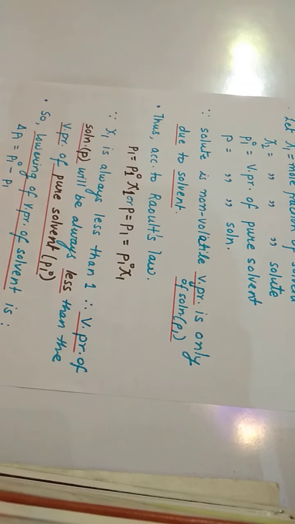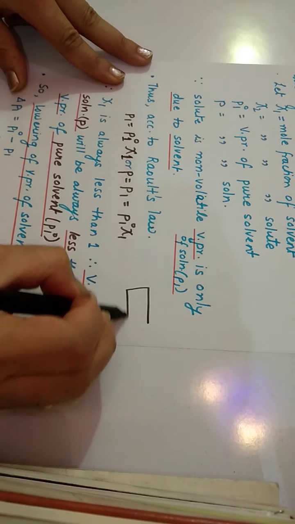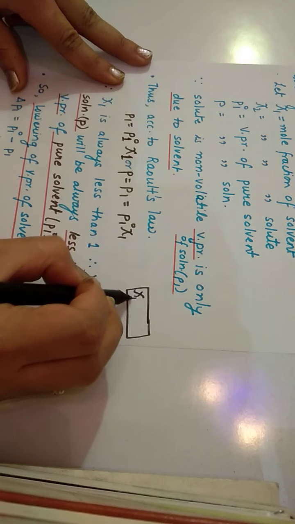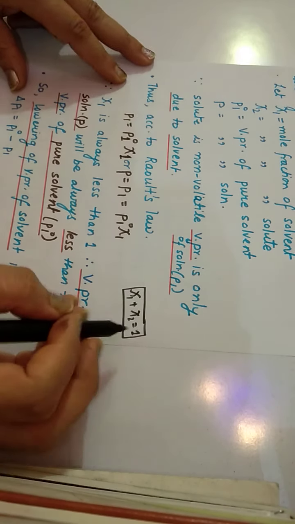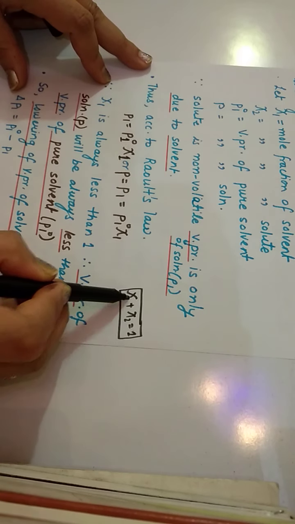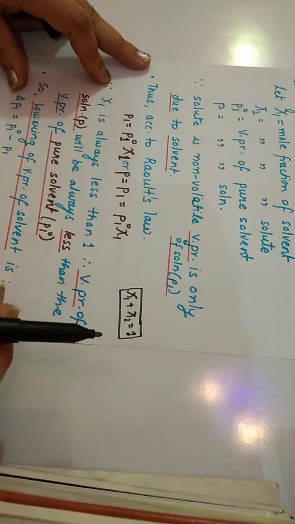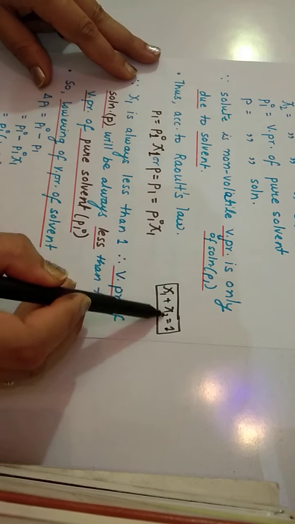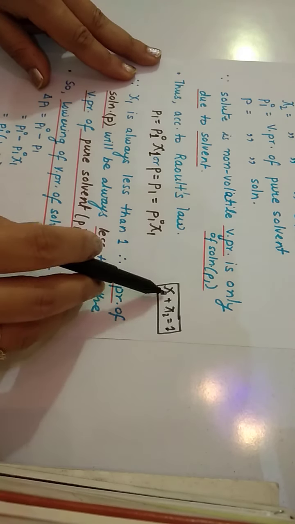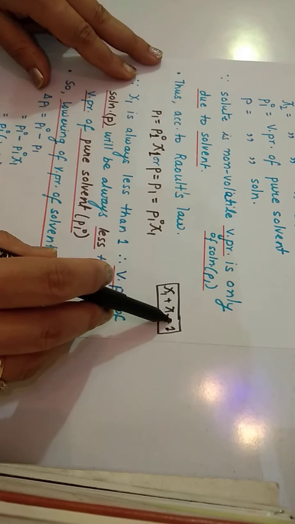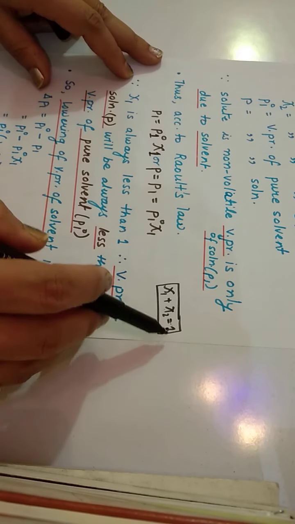And as children, you all know that the mole fraction of 1 plus the mole fraction of 2 is equal to 1. So on adding these two, we are getting 1. जब आप दो मोल फ्रैक्शंस को ऐड करते हैं, कोई भी दो कंपोनेंट हैं, तो उनका सम इज कमिंग इक्वल टू 1.